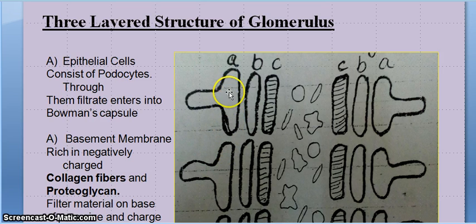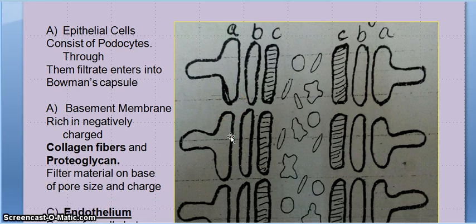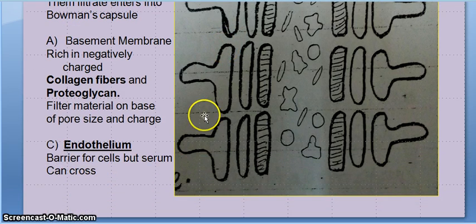The epithelial layer has specialized foot-like processes over it, known as the podocytes. These podocytes have fenestrae, or openings between them, and these are known as the slit pores. These slit pores also have a negative charge over them, so they also act as an active barrier for the movement of large negative proteins.